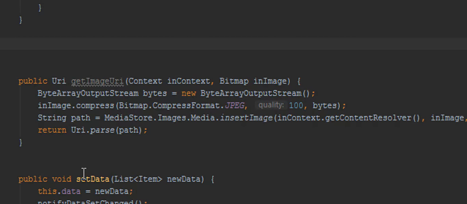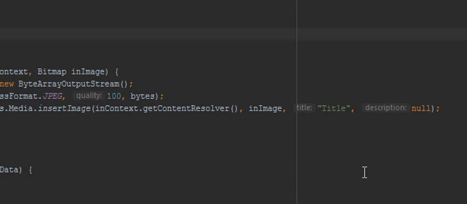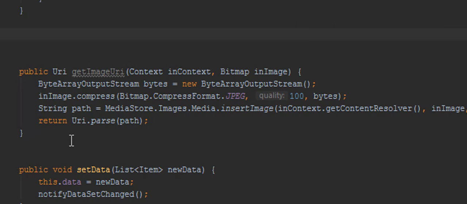resource identifier, which identifies an asset, a file, or some content. So this function getImageURI returns a value, a data type, and the data type is URI. This is a function we created just for a small task, and we are going to talk about